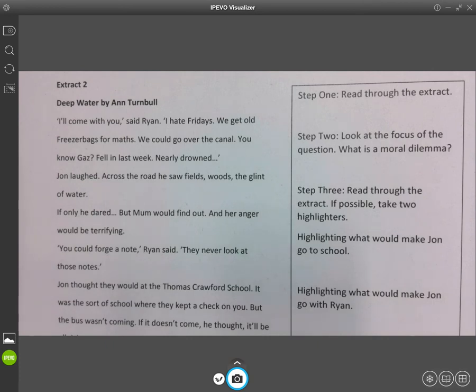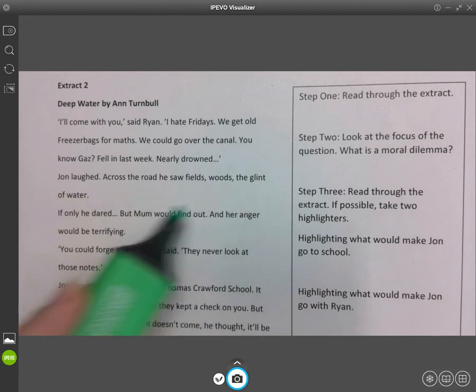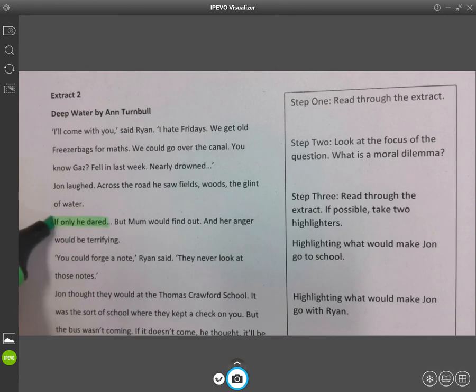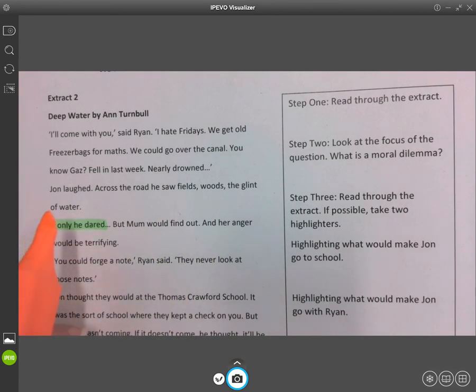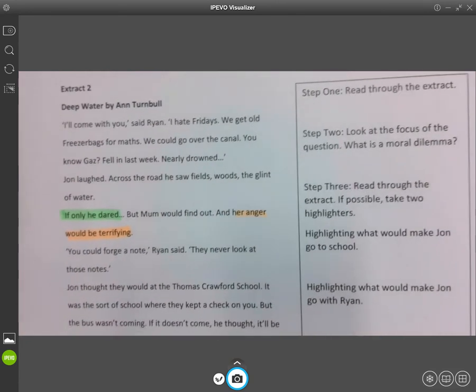make. So, "I'll come with you," said Ryan. "I hate Fridays. We get old freezer bags for maths. We could go over the canal. You know Gaz, fell in last week, nearly drowned." John laughed. Across the road he saw fields, woods, the glint of water. If only he dared. But Mom would find out, and her anger would be terrifying. So if only he dared is a reason for him to go, but Mum's anger is a reason that he